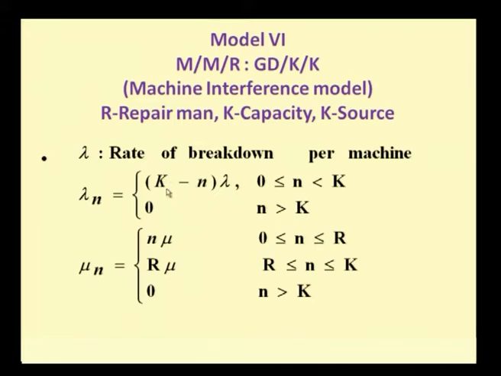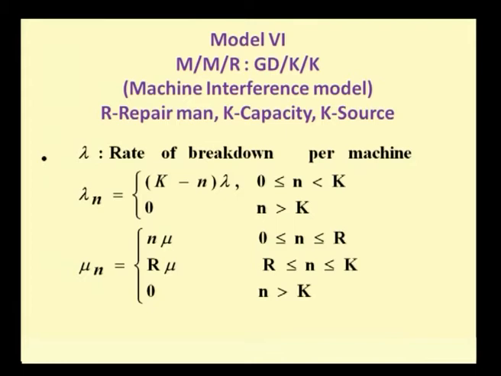Totally there are K machines that are operating, and when there are already little n machines in the system, those n machines are nothing but the machines that have failed. So, given that when there are n customers in the system, how many more machines are there which are operating? So, that is totally K minus n. So, if any machine breaks down, it has to be from that K minus n, and hence we write lambda_n to be (K minus n) into lambda, where n is between 0 and K,